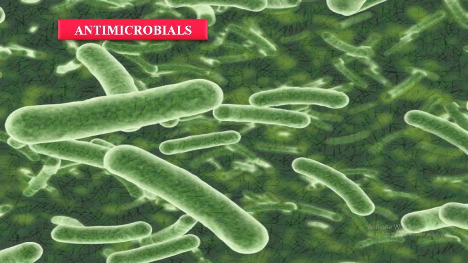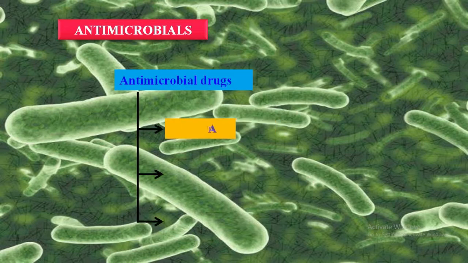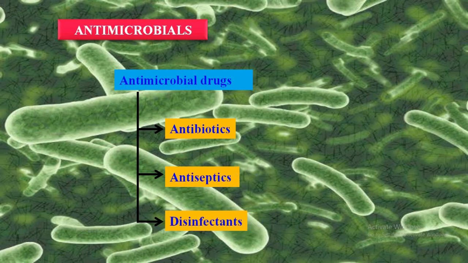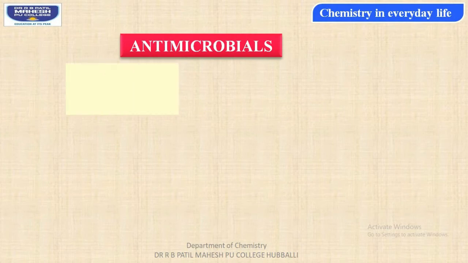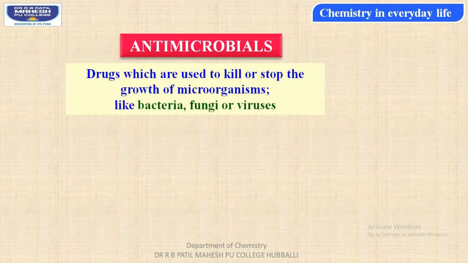These are the compounds which kill the microbes. And students, under the heading of microbes, we get bacteria and even fungi. So we use antimicrobial drugs. Some antimicrobial drugs are antibiotics, antiseptics, or disinfectants. Antimicrobials are the drugs which are used to kill or stop the growth of microorganisms such as bacteria, fungi, or